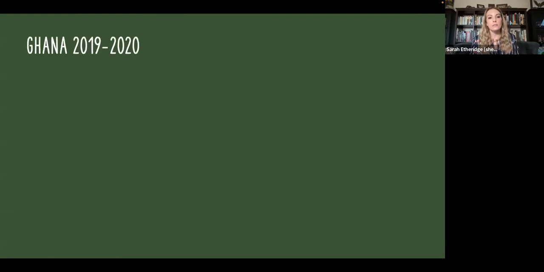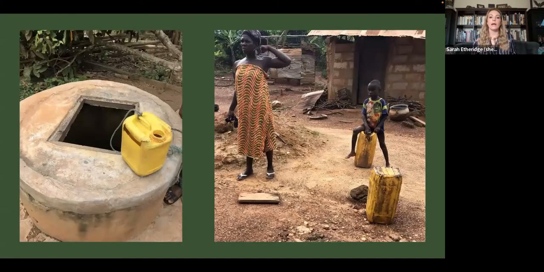So then we went to Ghana in 2019, and I just want to kind of give you an idea of what it's like to get water there. So people usually have either wells or boreholes where they pump the water, and they use typically these old jerry cans, which used to contain fuel. And this is how they collect the water. This is how they take the water home. This is what they're drinking out of. So from a Western perspective, you're going, yeah, of course you're getting sick from that, but this is how it's always been done. And people don't have that knowledge, right? They don't have it until somebody tells them that.